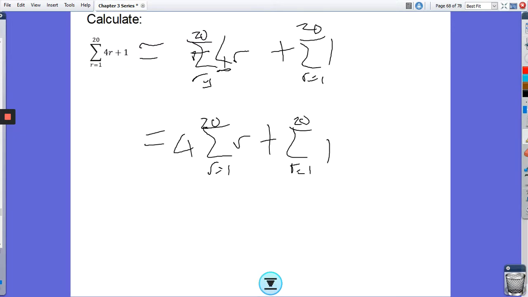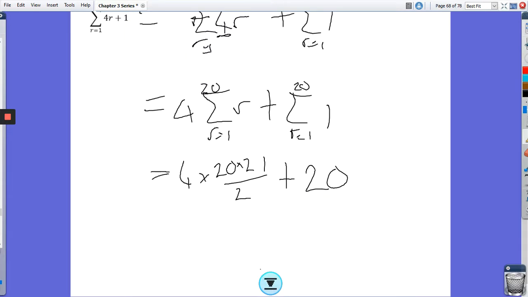Now we can just employ what we had previously from the standard result. So we'll do 4 times n over 2 times n plus 1, which is 20 times 21 over 2, plus n, which is 20, which is going to be